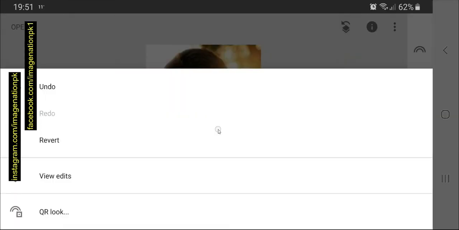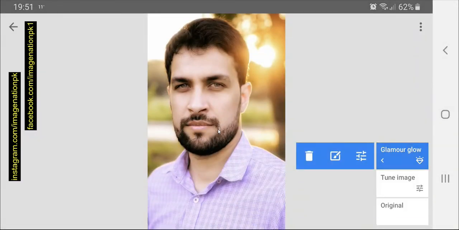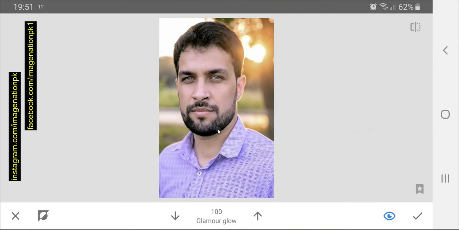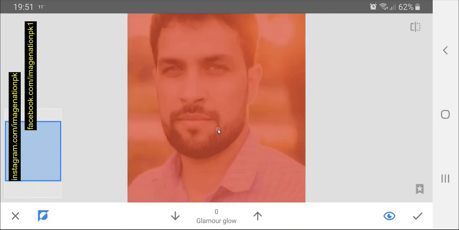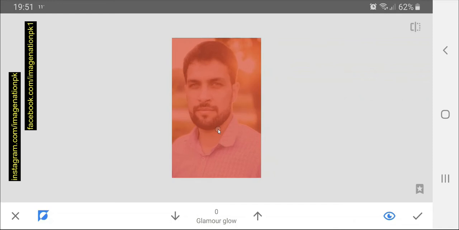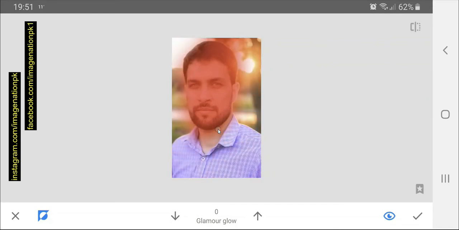Then go to view edits by clicking on the layers, and then select glamour glow and select brush from there and paint out those areas where you don't